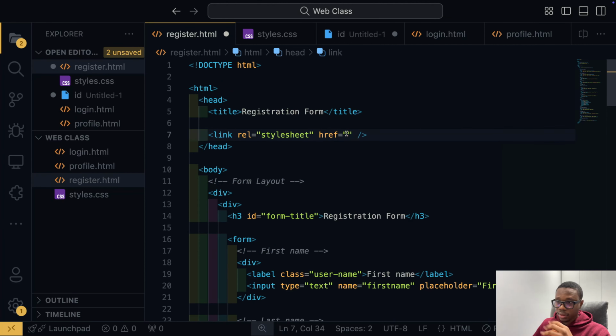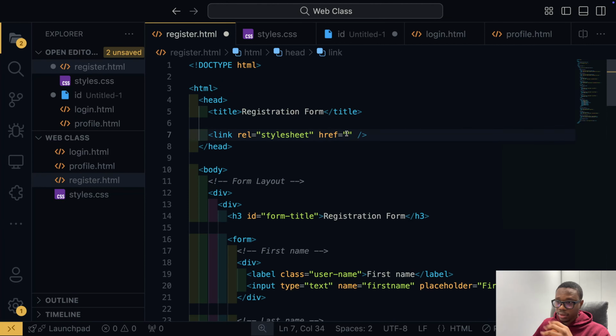So we are going to copy this and go to login.html inside the head section, and we'll paste it, right? So notice something. I wrote one CSS, but I can apply it to as many files as I want to. That's the beauty of external CSS. I'll save, and if I head to the login page,